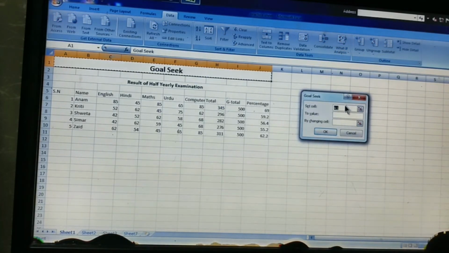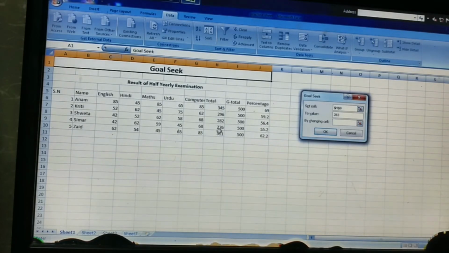Now here, in the set cell, you have to select the cell whose value you want to change. I want to change this cell value that I have entered. Now what value do you want? You have to enter it there. Like current value is 276 and I want 283. And obviously, the total will increase if the marks of any subject increase.